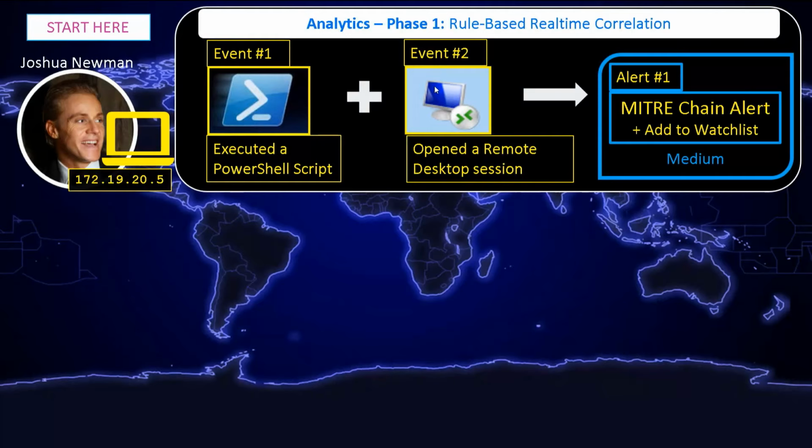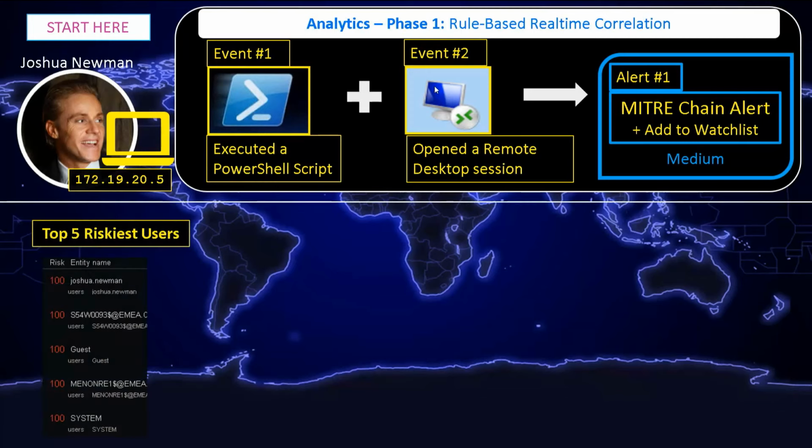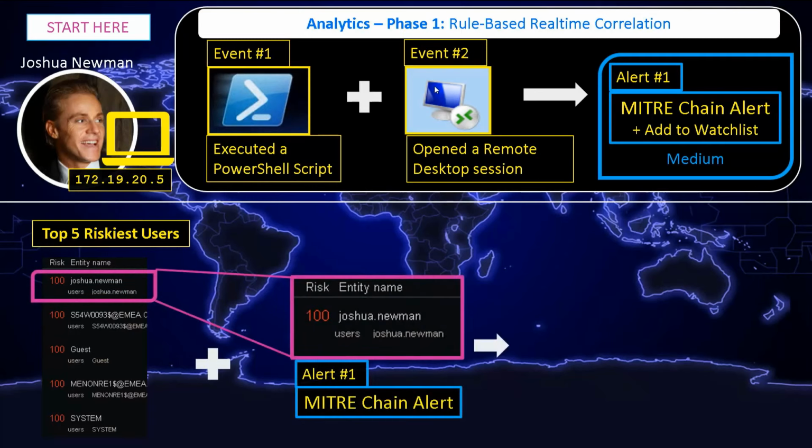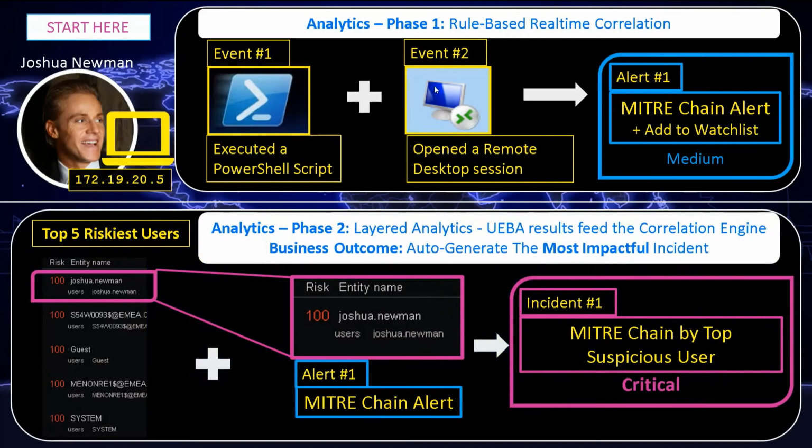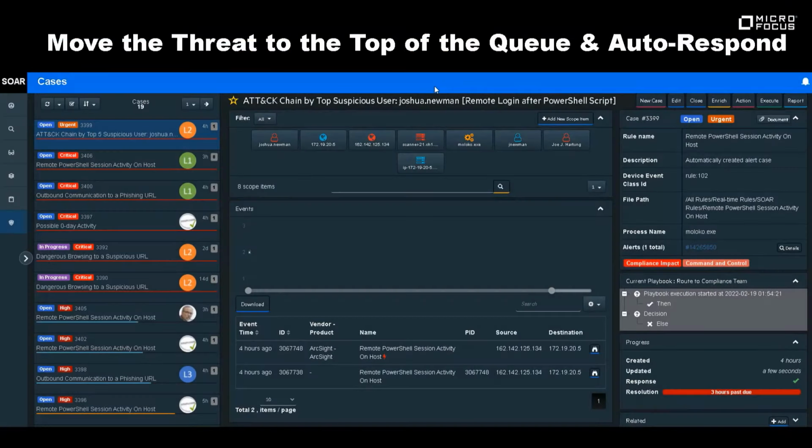These two events, no matter how non-critical they appear in isolation, do provide significance to the analyst because they have been happening back to back, and our real-time correlation engine detects this behavior, flagging it as a medium-level alert. But being only medium level, it may not appear at the top of the analyst queue. So what we do is utilize our top 5 riskiest users, which includes Joshua Newman, which also marries with our correlated alert and combined becomes a critical level incident in our ArcSight SOAR engine to attract the correct level